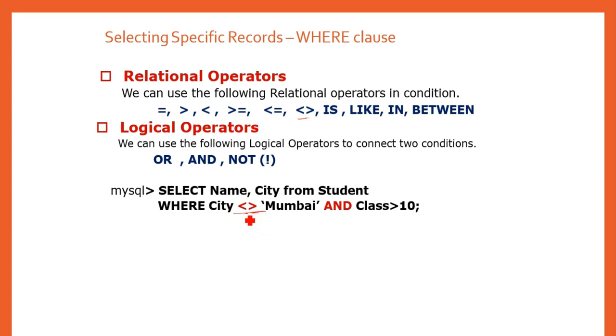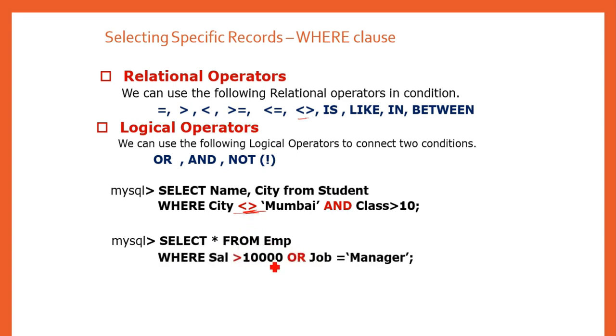If you want from Mumbai, then we have to put equals to. Okay, now select asterisk from EMP where salary greater than 10,000 or job is equals to manager. So this is another example. Now similarly